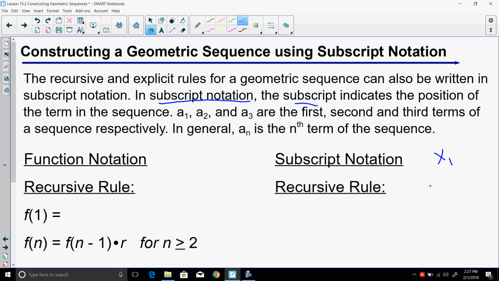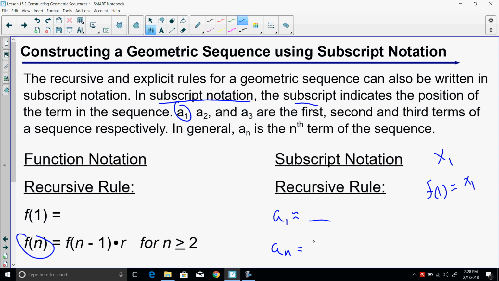So basically, if I say f of 1, that's equal to saying a sub 1 or x sub 1, whatever we use for the variable. In this case, we're going to be using a's. So if I want to write a function rule in recursive notation, the recursive rule would look like f of 1, well, in subscript notation, that would look like a sub 1 is equal to whatever. And then if I want to write instead this f of n, that's going to be a sub n equals,